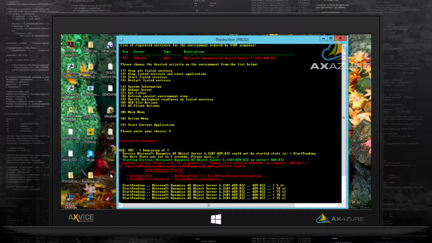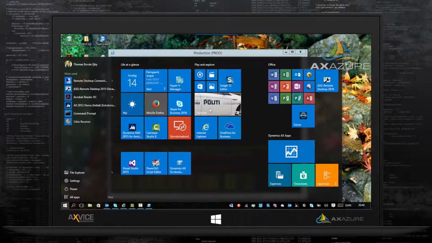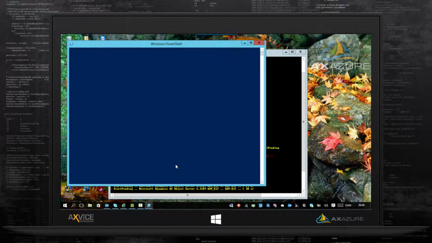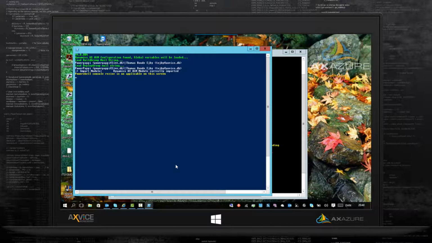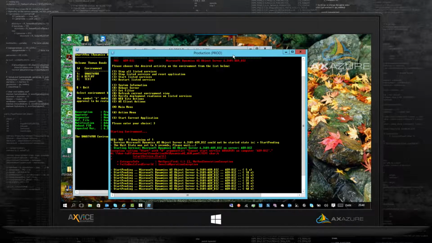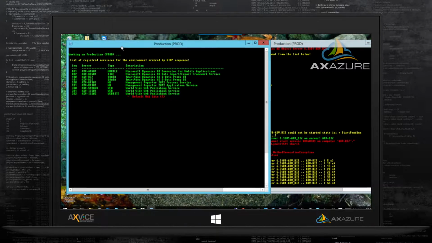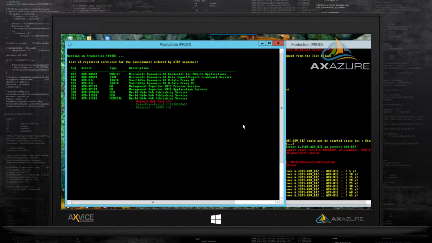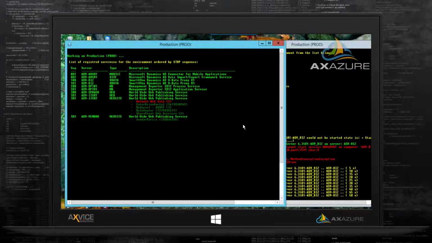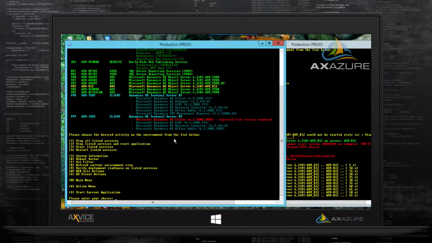So you can see it's starting the services, and if I open up an additional runbook, it would actually be possible for me to see that this service is now in the starting mode. So it will appear yellow instead of red because it was stopped, or green because it was running. So I can see here that this service is actually being worked on.